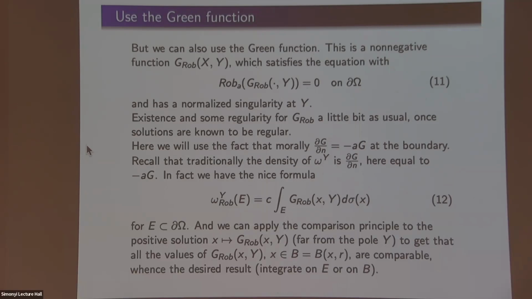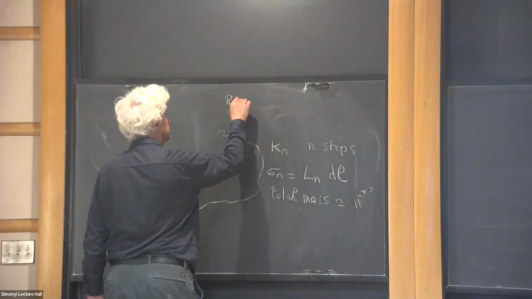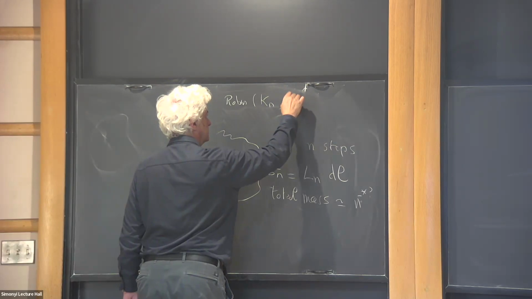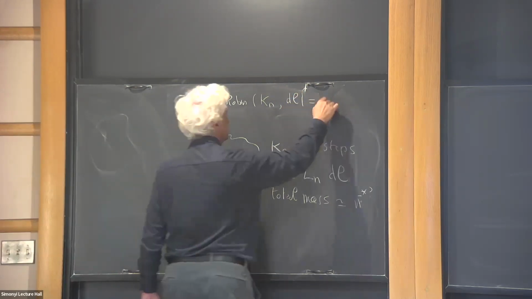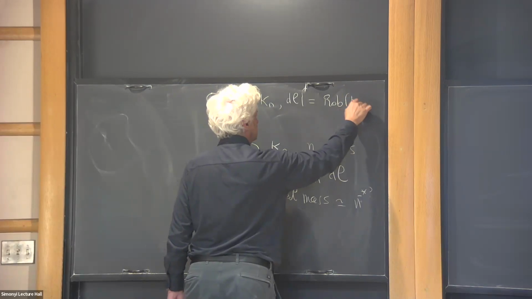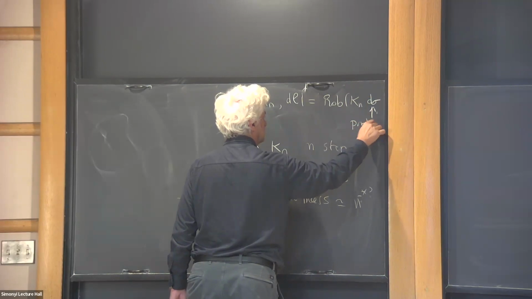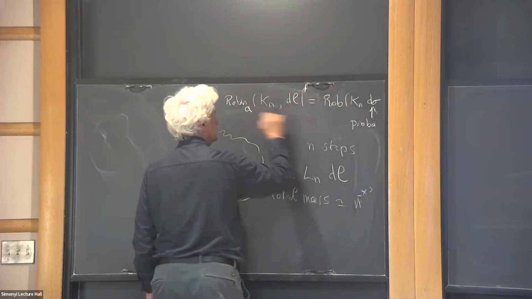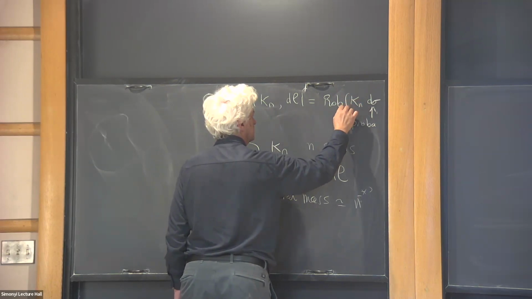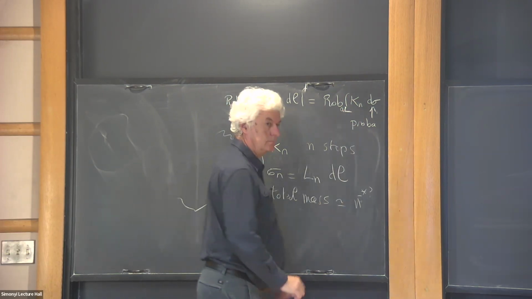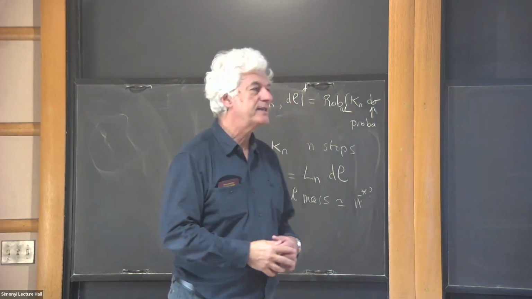I mean, think about it this way. If you just locally look at a boundary point, just because it's a harmonic function, the integral of the normal derivative on the arc that was beaten up, which is just part of the stair, should be equal to the integral of the normal derivative on your curve. So it means that the normal derivative somehow has to be defined in such a way that its integral here is equal to its integral here. So what did I write, just in case it helps?